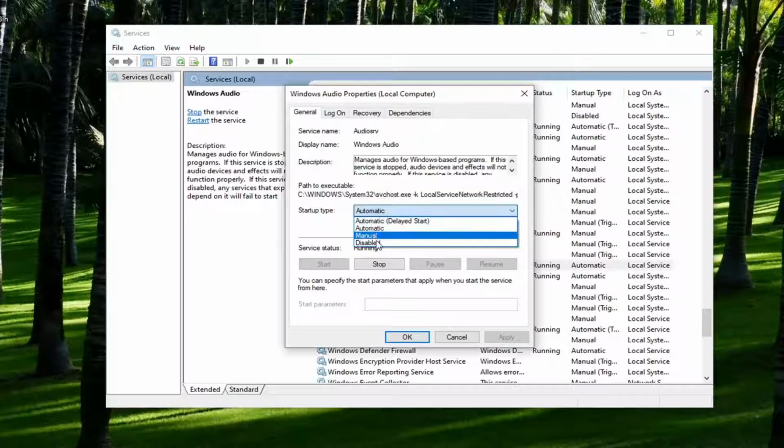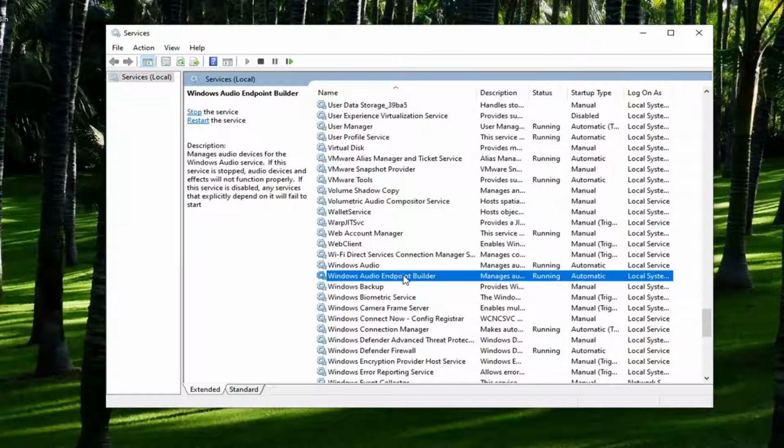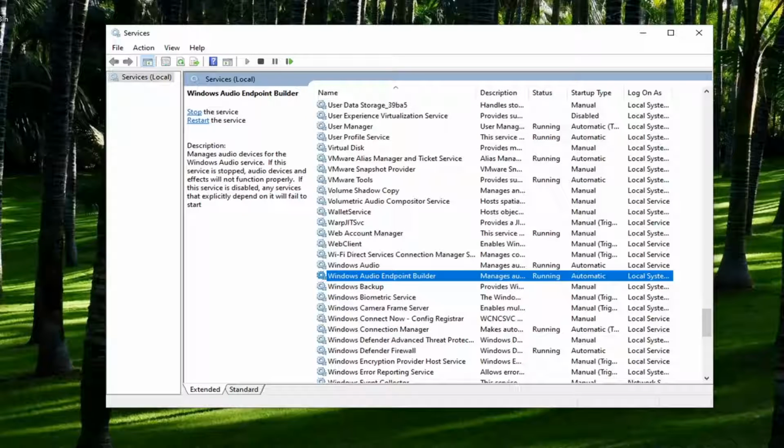Set startup type to automatic, and if it's stopped, you want to start it by selecting the start button, and then you would select apply and OK to save that change. And then you'd also want to look for a Windows audio endpoint builder. Again, you want to do the same thing, automatic, and make sure it is running. Apply and OK. And once you're done with that, you should be able to go back into the device manager